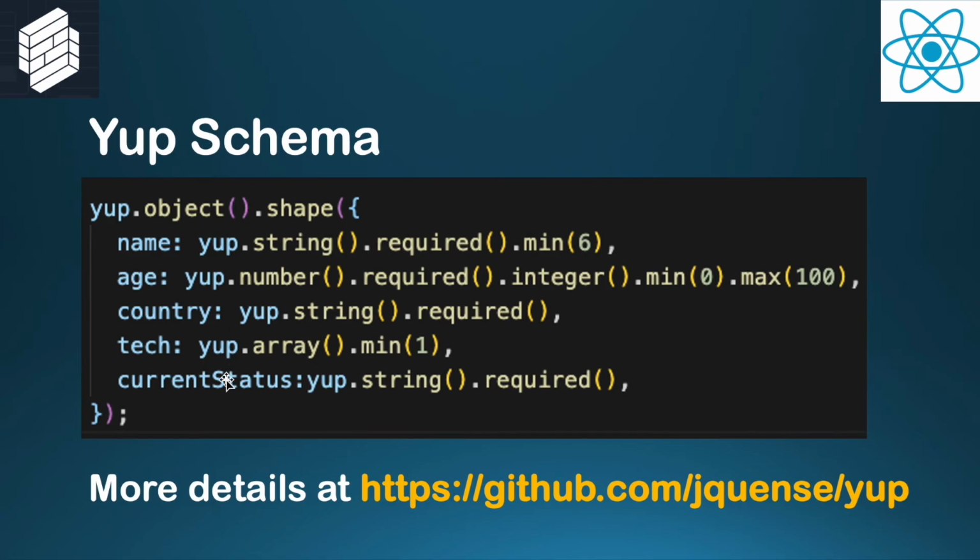So if we recap, what did we do? We just defined this validation schema. So name is string required, say min 6, and we defined our error messages that we wanted. Age was number required. Say if we wanted integer, or we could do whatever we wanted here, min, max. For country, we defined string required. For array, we set a minimum length of the array of 1. If we needed at least 2 or something, you can build those validations also here.